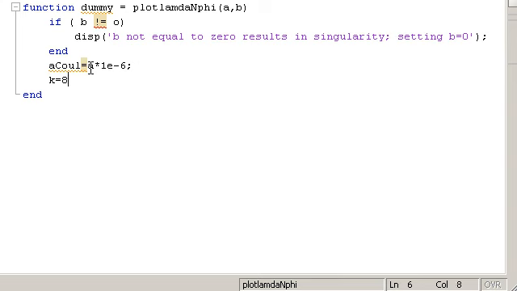K equals 8.99 E9. L equals minus 0.25. U equals 0.25. So the code as it is, it's just always going to give 0, but if somebody wants